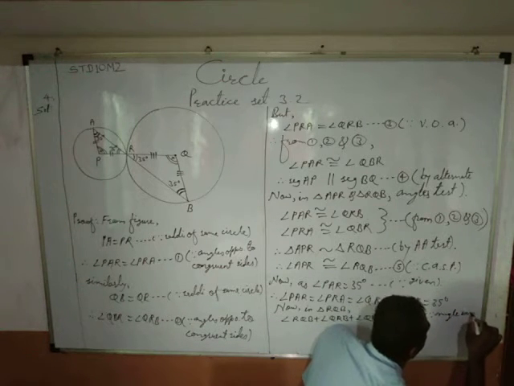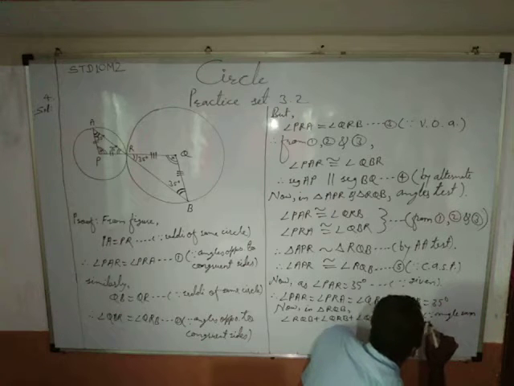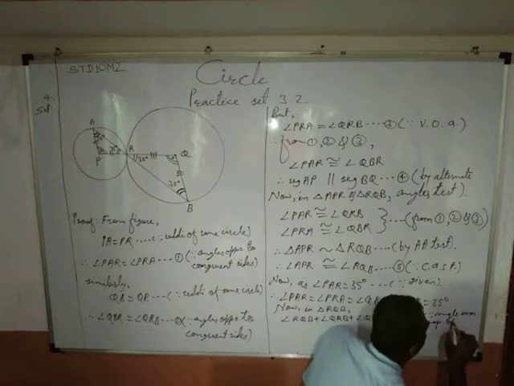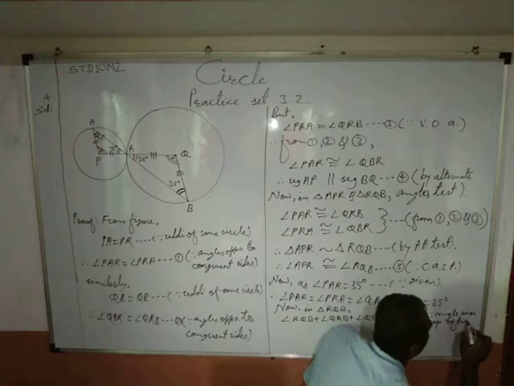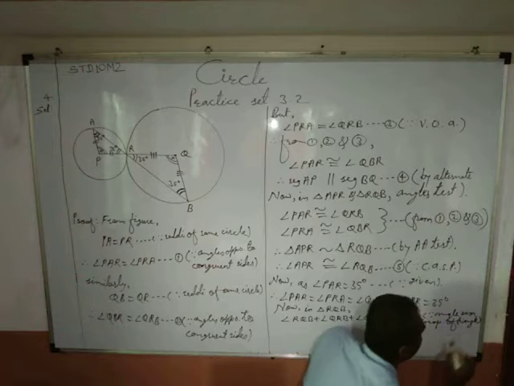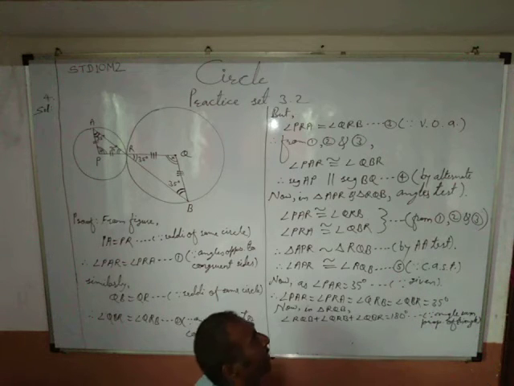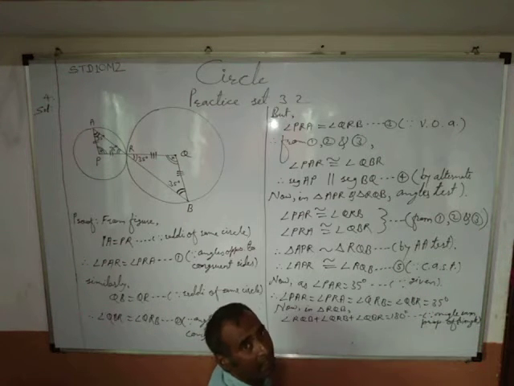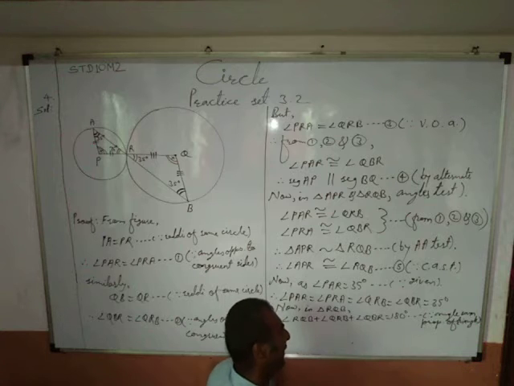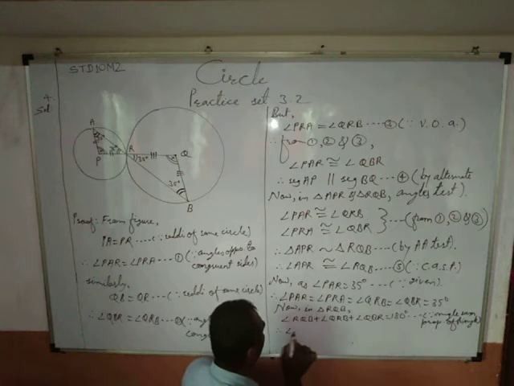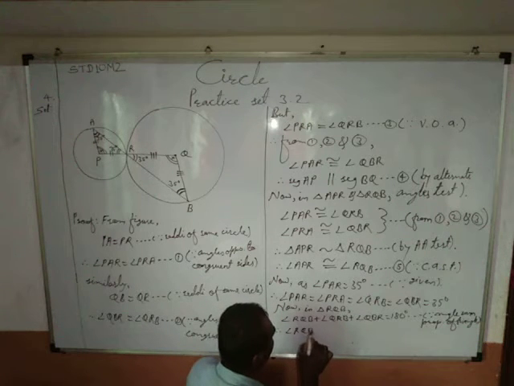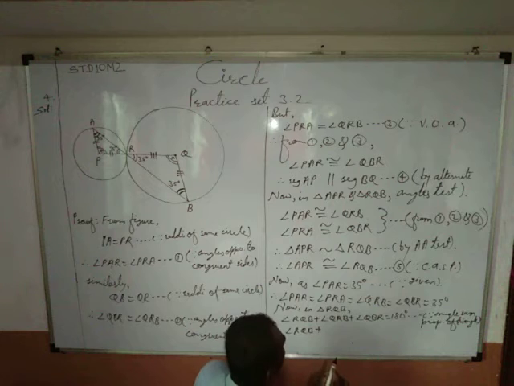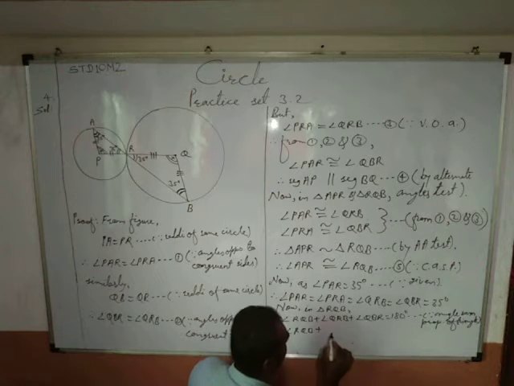Angle sum property of triangle. What is the angle sum property of a triangle? The sum of the measures of angles of a triangle is 180 degrees. Therefore angle RQB, whose measure we don't know, plus angle QRB plus angle QBR,